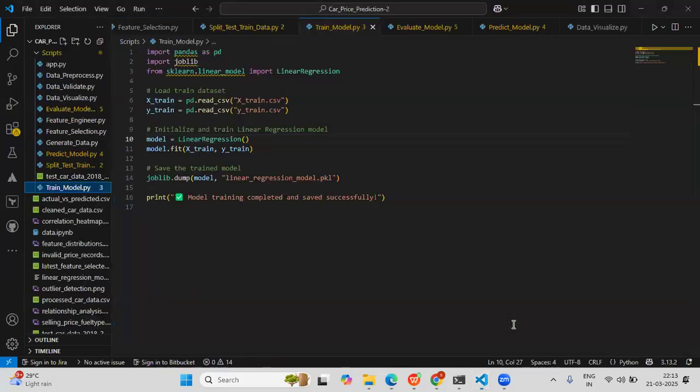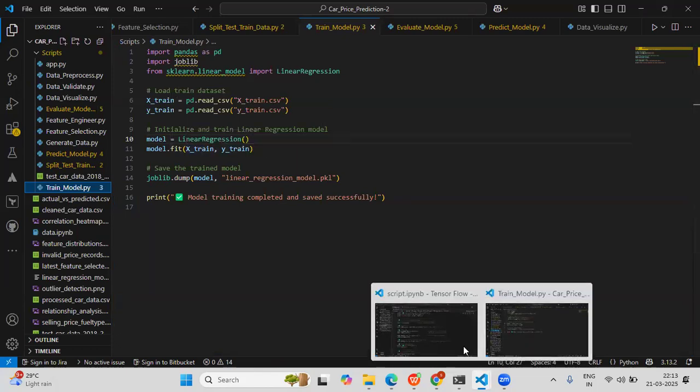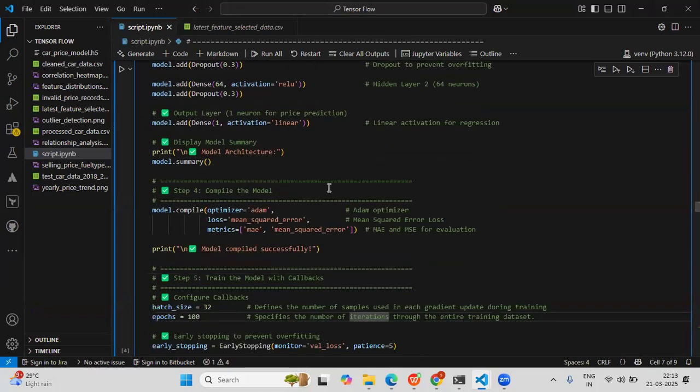Similarly, here we have seen initializing and training the linear regression model, with the model.fit function for training on X train and Y train. The same thing here in TensorFlow, we are compiling the model. Instead of training, here we are compiling the model by choosing the Adam optimizer.